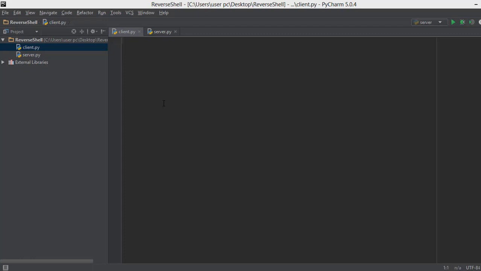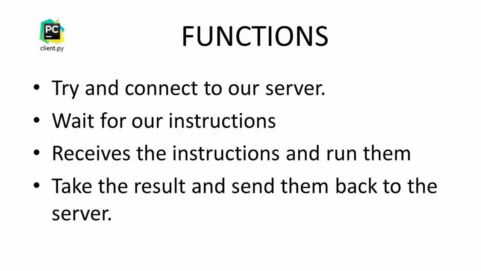In this video, we are going to be coding the client.py file. Coding the client is going to be much easier because remember, the function of this client file is that once it's running on a friend's computer, it's going to try and connect to our server. And once it's connected, it's just going to wait for our instructions, and that it is going to get with